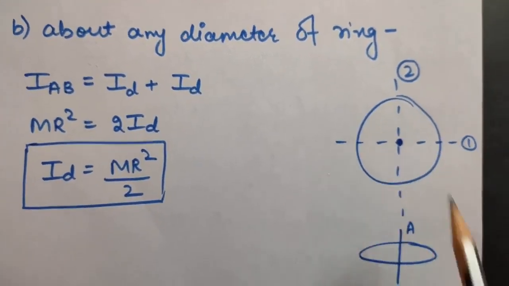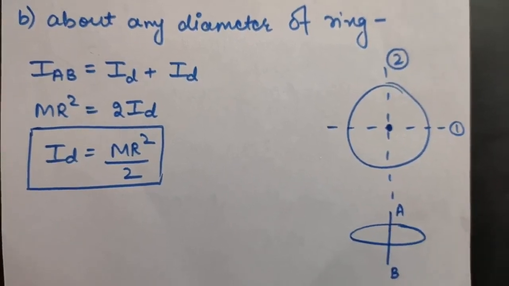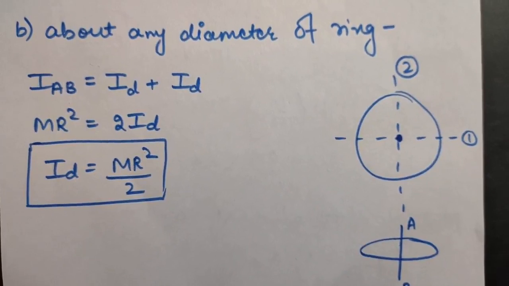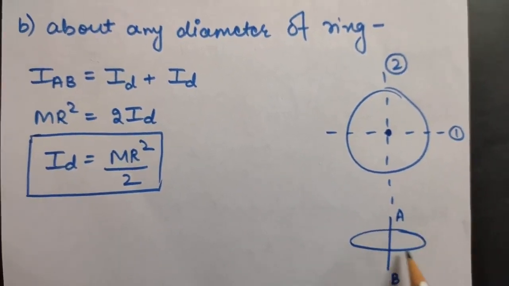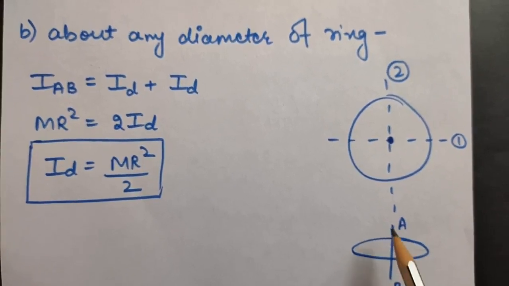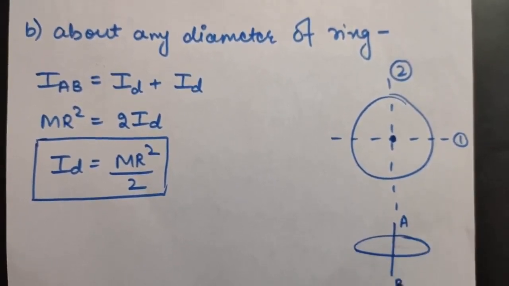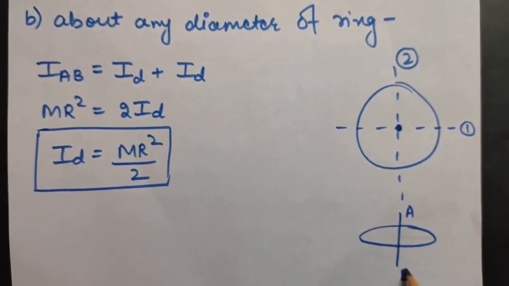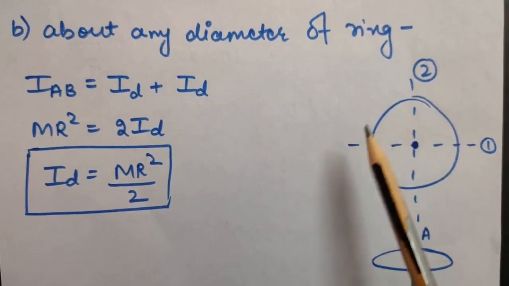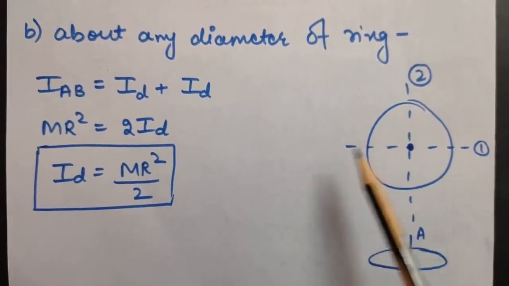I have drawn 2 diagrams here. This is the diagram which is the side view, and this is the upper view of the ring. From the side, as you can see, this is the ring of radius R, and this axis is perpendicular to the plane and passing through the center, and we have just calculated the moment of inertia about this axis, which has come to be MR square. Now look at this diagram. This is the upper view of the ring. So these two are the diameters of the ring.